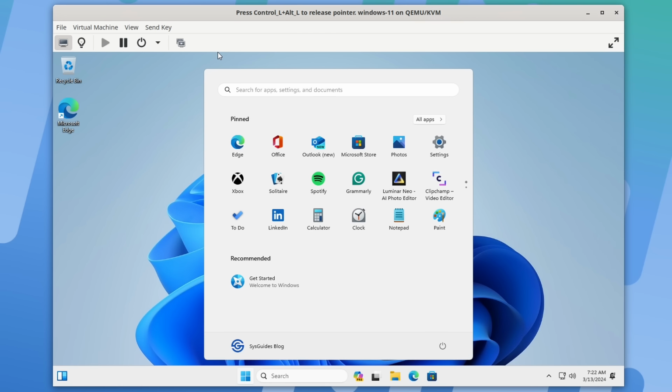Windows 11 installation is now complete. You now need to install VirtIO Windows Guest Tools. The guest tools include some optional drivers and services that boost SPICE performance and integration. This includes both the QXL video driver and the SPICE guest agent, which provides copy and paste, automatic resolution switching